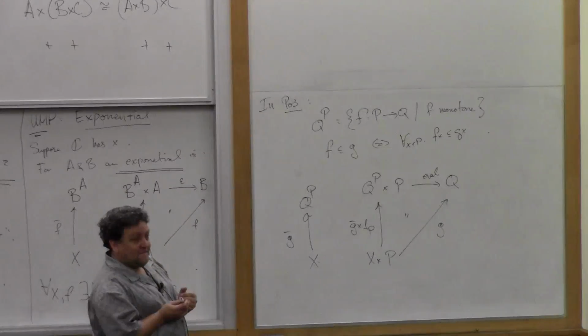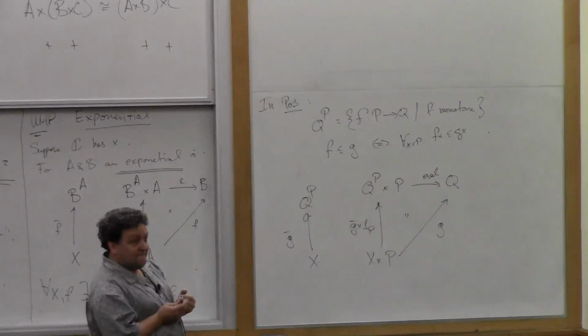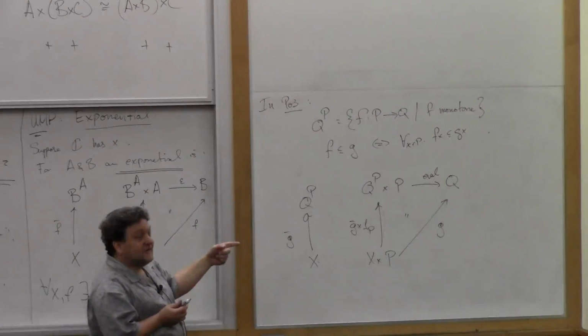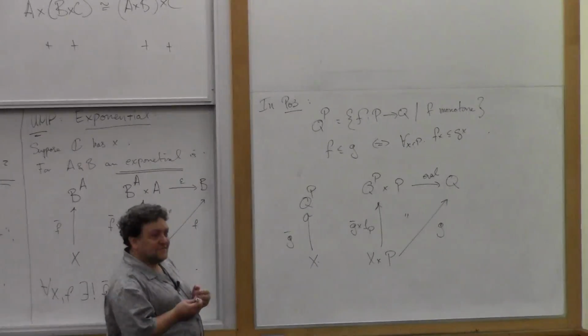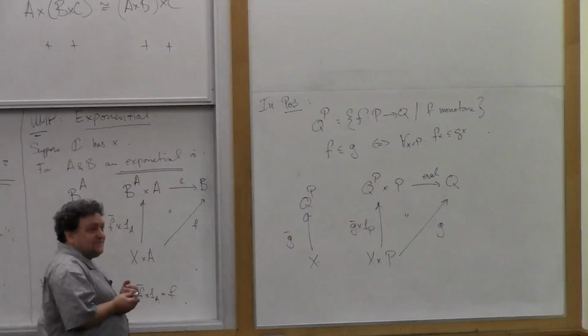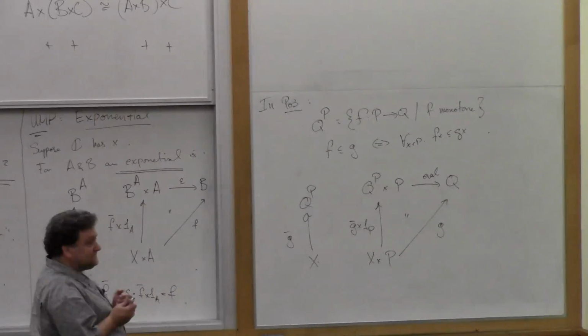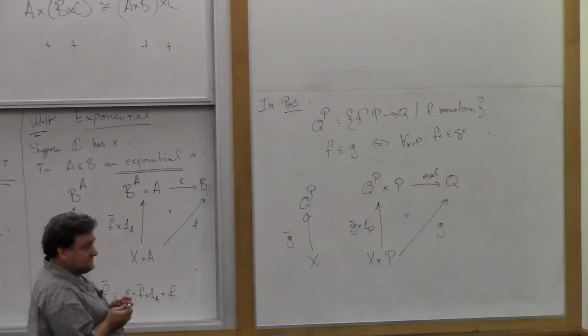What is the reason that the elements of Q to the P are monotone? In this proof, why you need it, you go through the details of the proof. It's a good exercise to check. But is the idea of why it's monotone here that the exponential object must look like a function in this